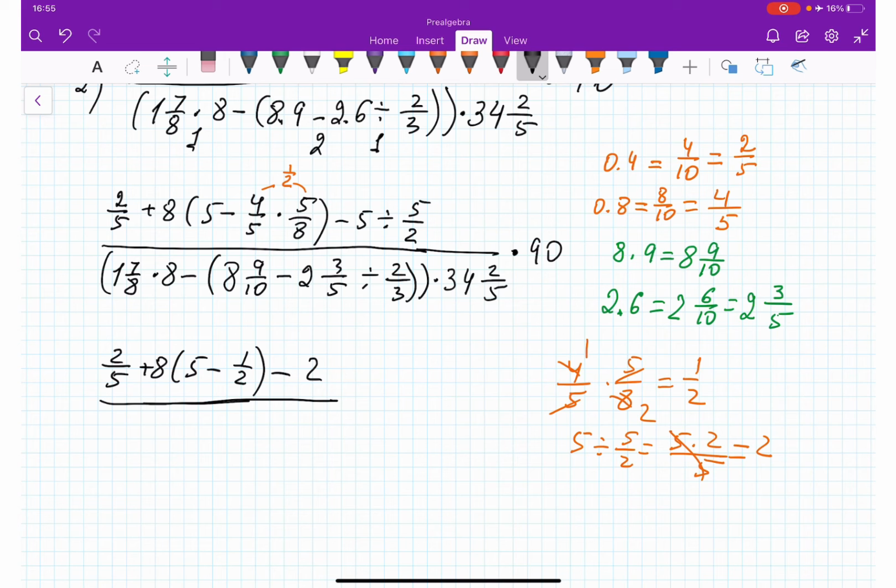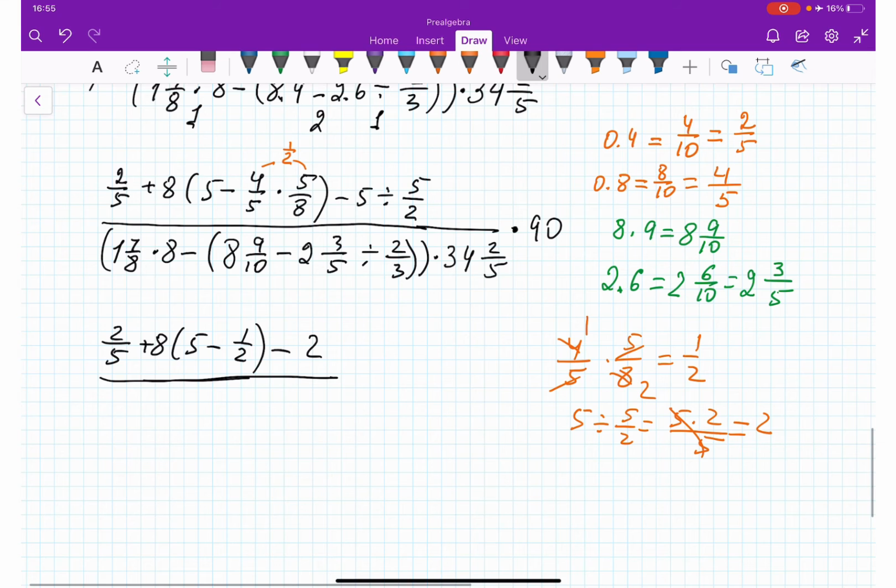Next, I can multiply this. 1 and 7 over 8 times 8. So it's going to be 1 and 7 over 8. Let's convert into an improper fraction. It's going to be 8 plus 7, 15 over 8 times 8. 8 and 8 is gone. We get here 15